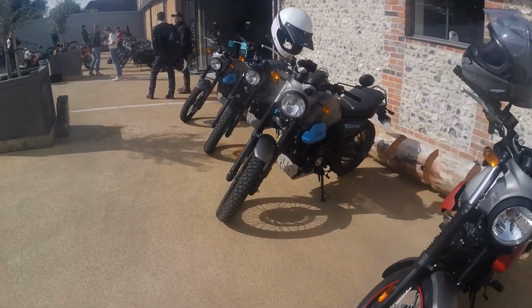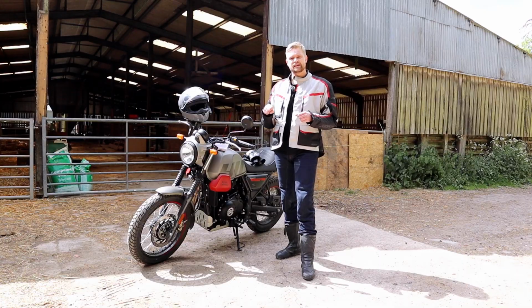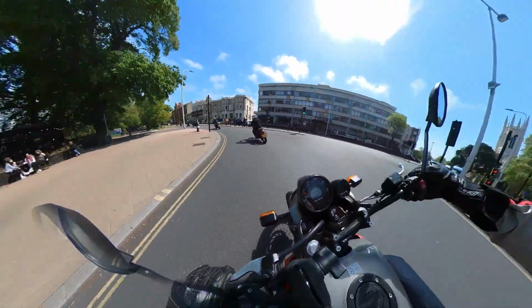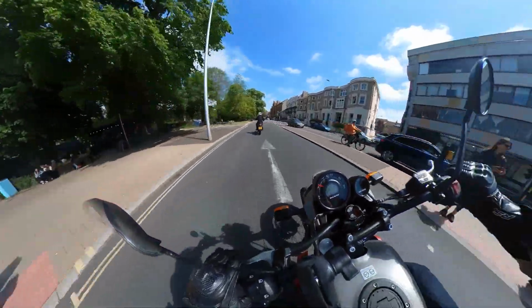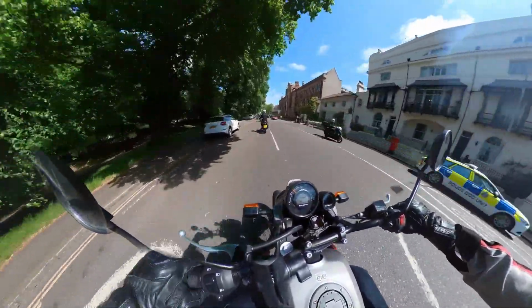The smaller front wheel, the 19-inch front wheel, allowed the bike to really turn in quite nicely. In terms of then holding the line, it felt really smooth and easy to get along with. But braking power with the 300mm front disc and the 240mm rear disc with dual channel ABS did feel a